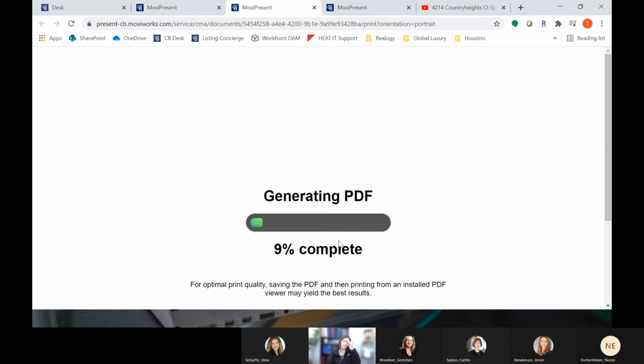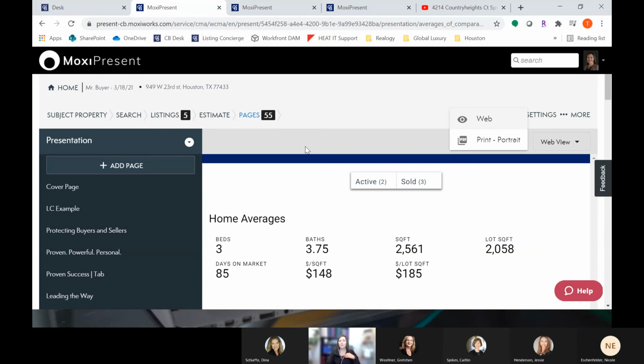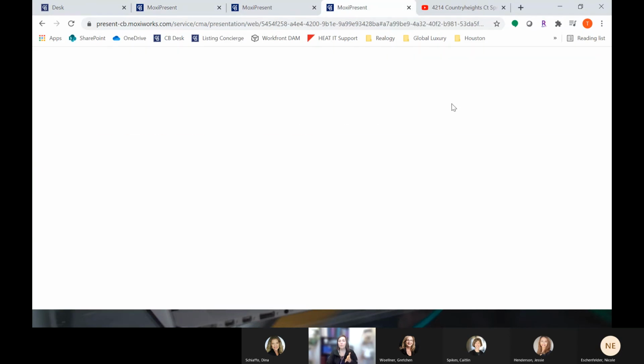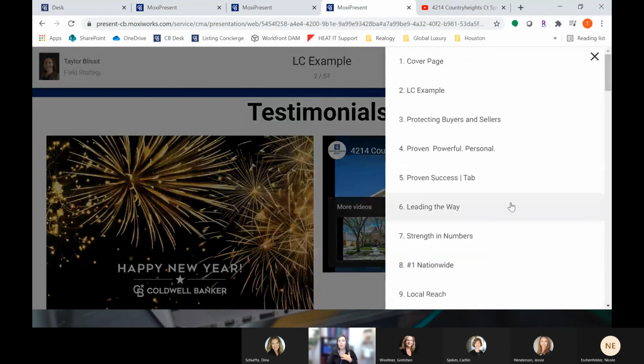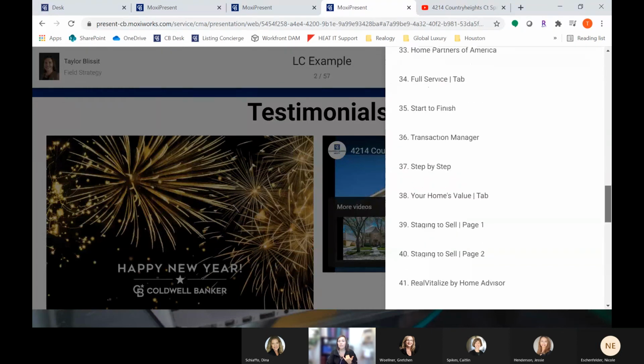These do kind of take a little bit. So if you aren't sure if you're going to have the internet when you go to someone's house, either have this already on your computer or go ahead and print it and bind it at your office. You will find, I'll let that run, but you will find the layout's going to be different. Obviously, it's not horizontal, it's 8.5 by 11 vertical. And then on your comps page, so on my web version, my comps are very integrated. It's very tech savvy,